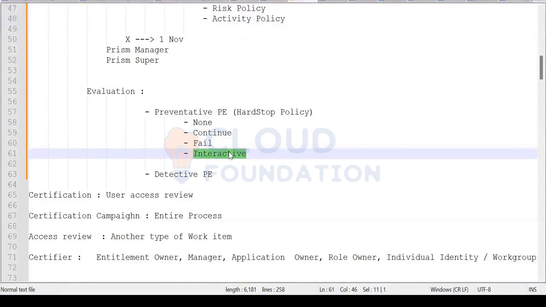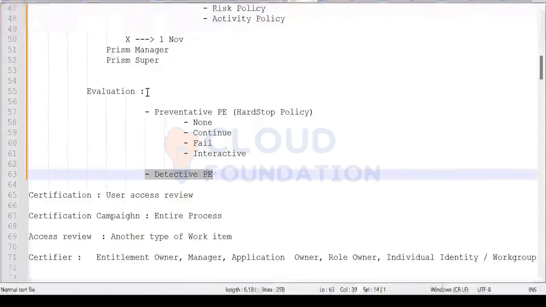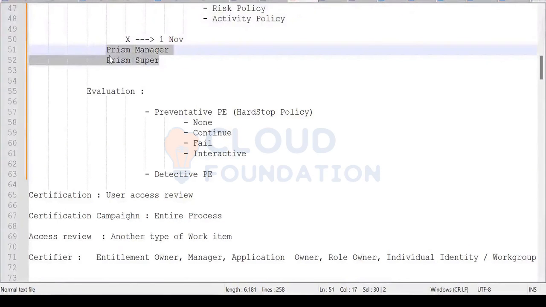Interactive means SailPoint will give the requester the opportunity to remove any one of the conflicting accesses. These are the 4 approaches we have in real time. When it comes to detective, if any user has this toxic combination, the policy violation will automatically be detected by executing the policy.